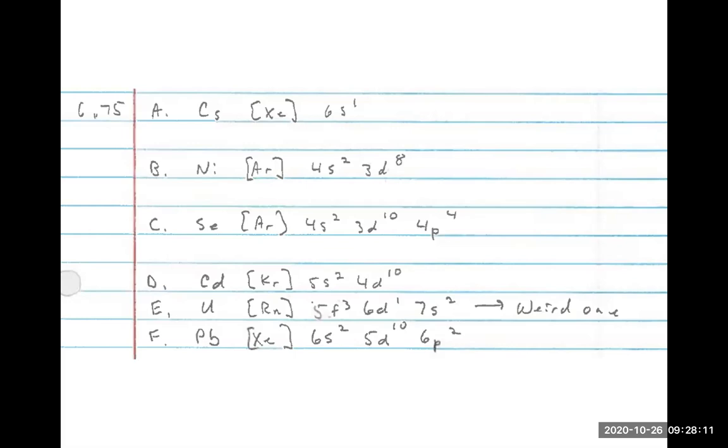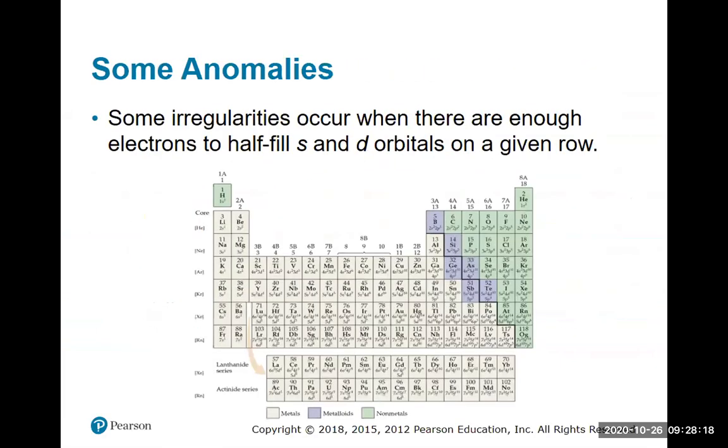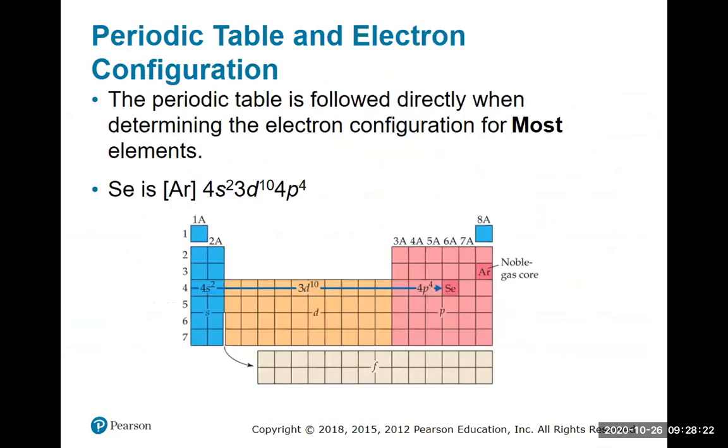So the takeaway on this, and we'll do this again just because I want you to realize the importance, is we go back to here and you should know how they fill. As I said, 1s, 2s, 2p, 3s, 3p, 4s, 3d, 4p, 5s, 4d, on down the line. You should understand how they fill and then be able to kind of fill things in based on that kind of logic, okay? And you should be able to write it in this shorthand method with the noble gas as the core, or you should be able to write it as, for instance, in this one, you go ahead and